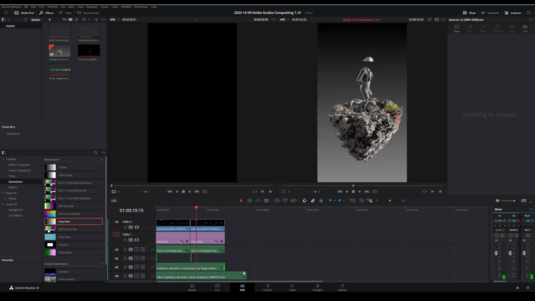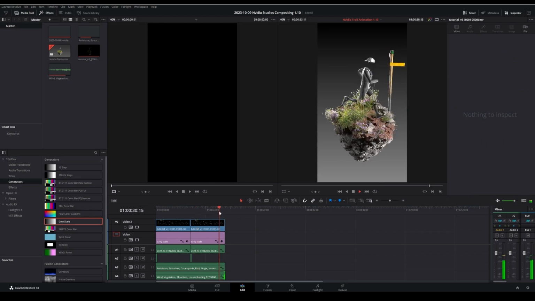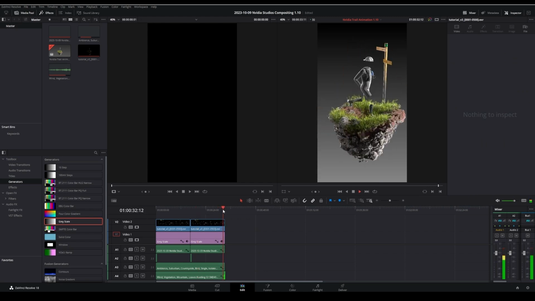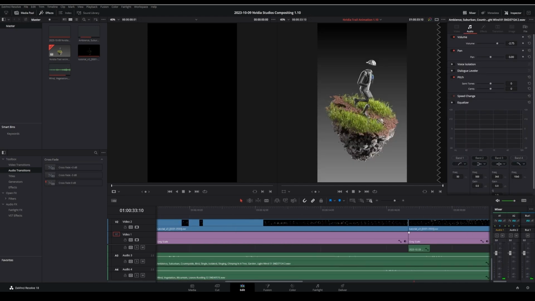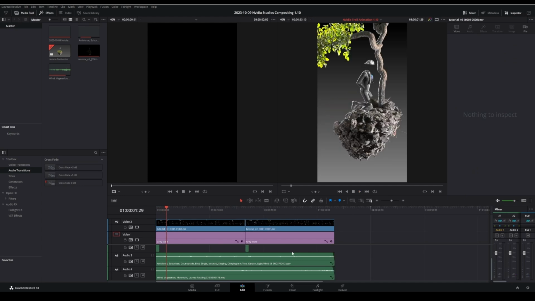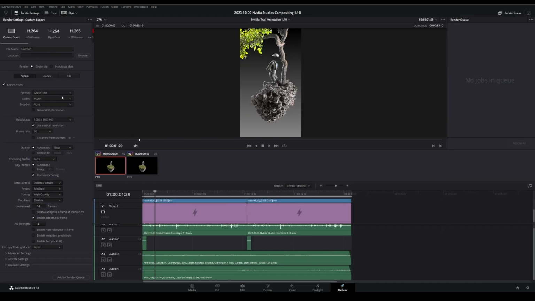Now let's trim down 2 audio files for the environment and add some small audio transition to this, just so it's a bit more seamless from the start to the end. Now let's move on to the Deliver tab, and for the export settings, you can just set the format